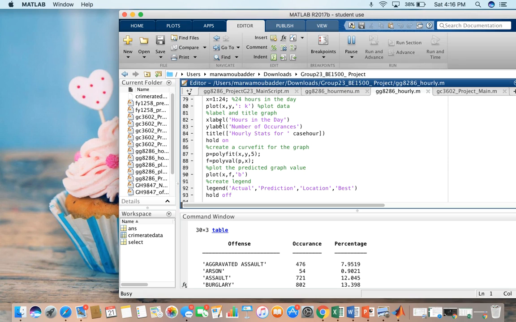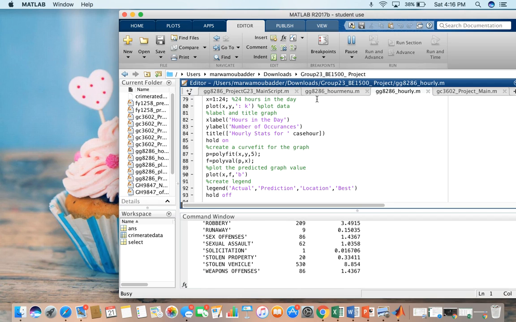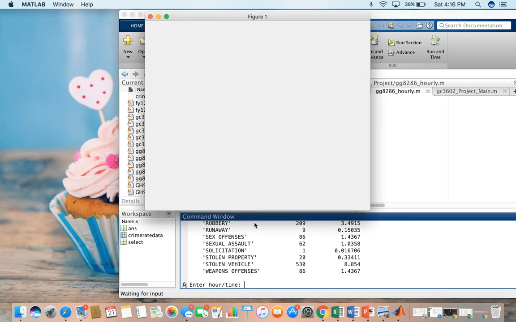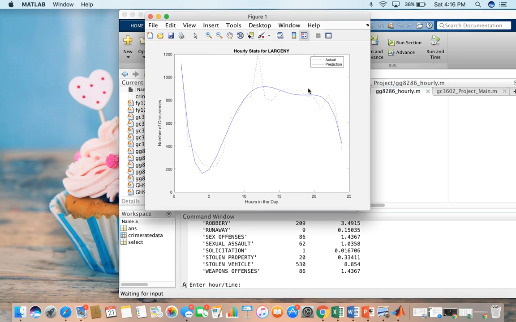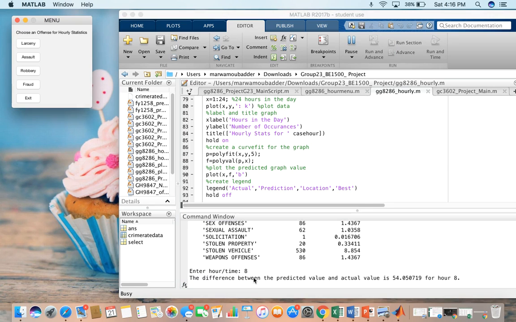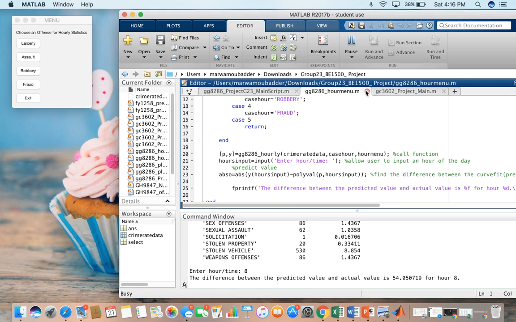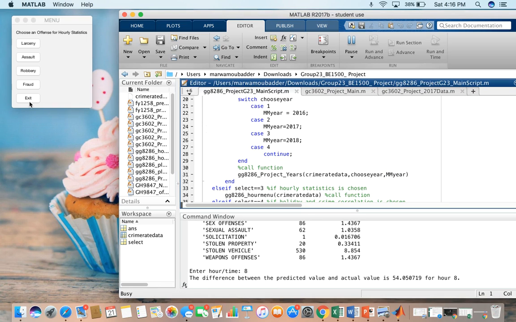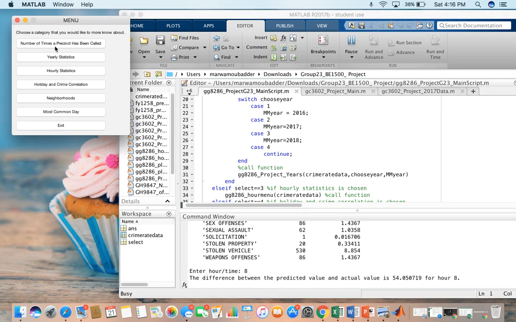So over here, once you press that, a graph is going to pop up right here. The dotted line is the actual, and then the prediction is done with a solid line to give you a predicted value of what might happen if you want to look at other years for that specific crime. And then in the command window, it's going to ask you to input a time. So let's say I want to look at hour 8. It's going to give you a predicted value between the actual value and the prediction that we made. So once I press exit, it's going to take me back to the main menu